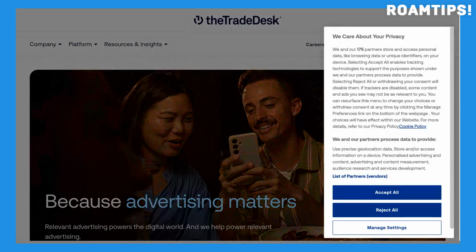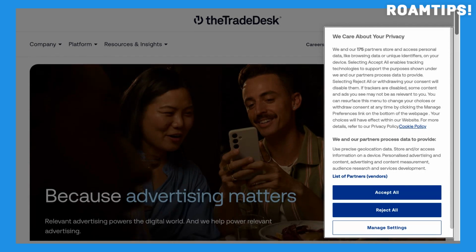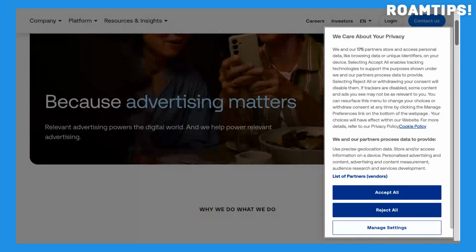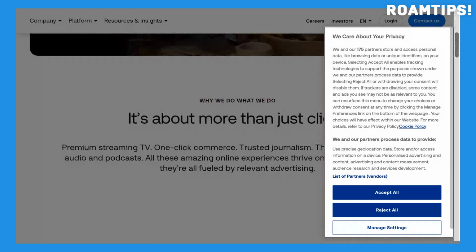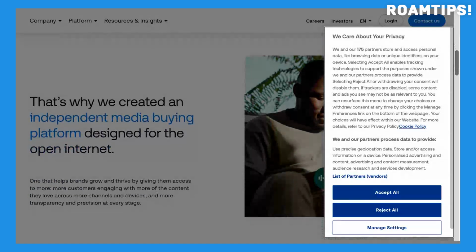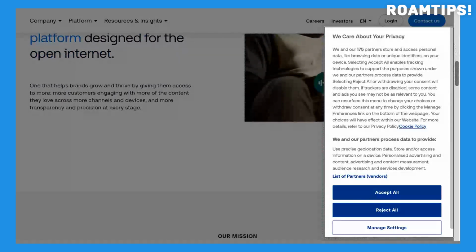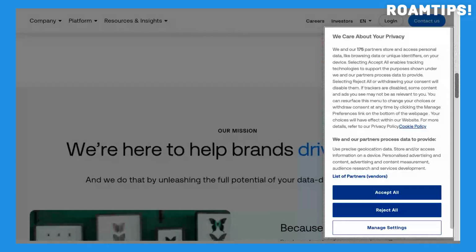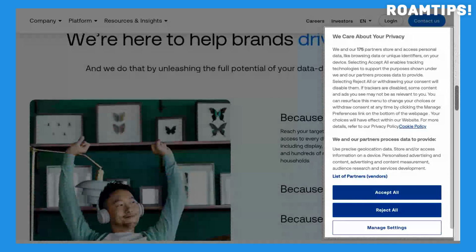Furthermore, the Trade Desk integrates with numerous other marketing technologies, streamlining workflows and enabling seamless campaign management. Whether you're a seasoned marketing professional or just starting out, the Trade Desk offers a comprehensive suite of tools to help you achieve your advertising goals. Their commitment to innovation and data-driven insights makes them a leading player in the programmatic advertising landscape. If you're looking to take your advertising campaigns to the next level,